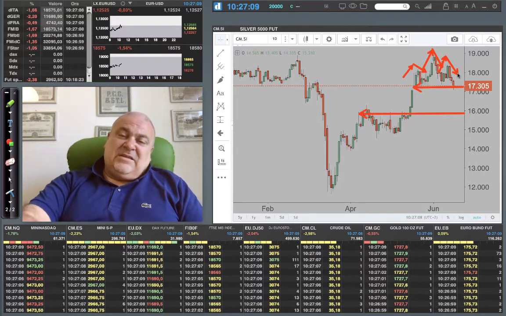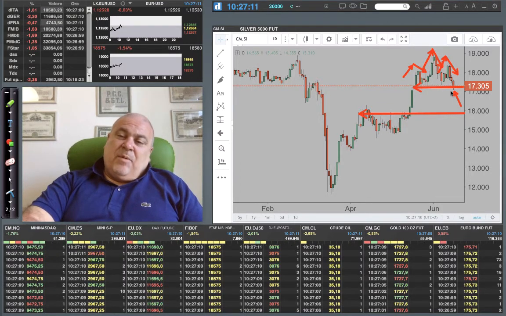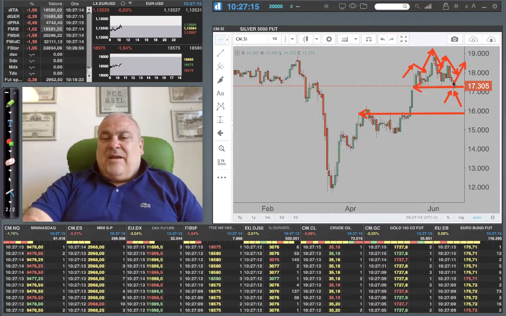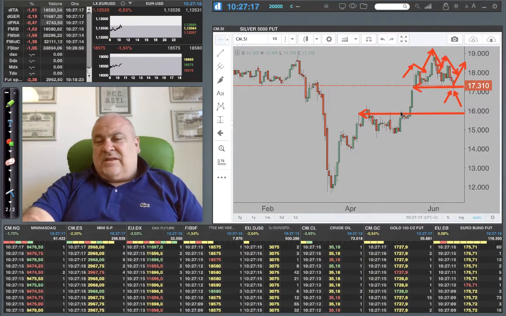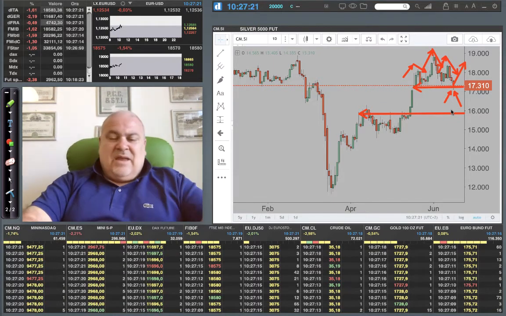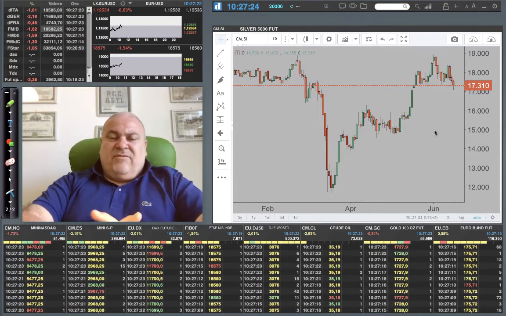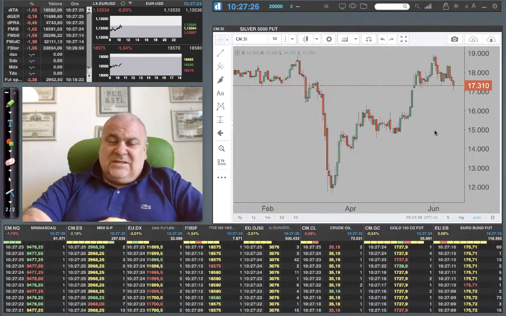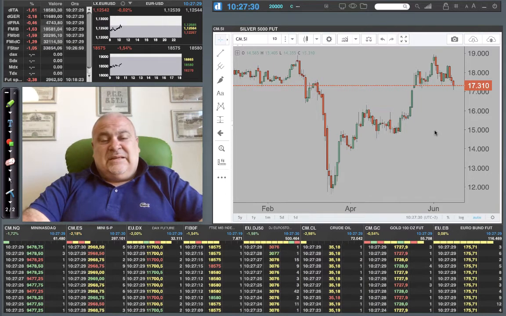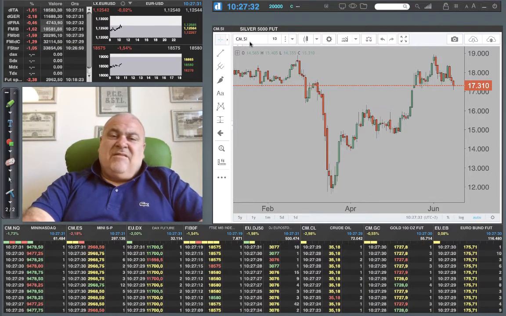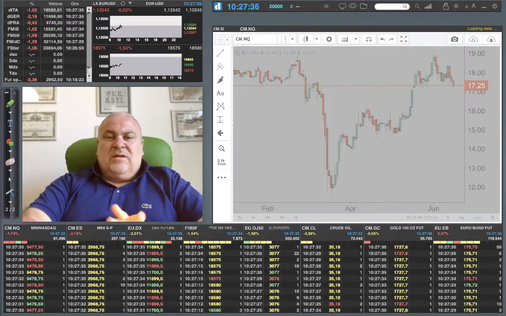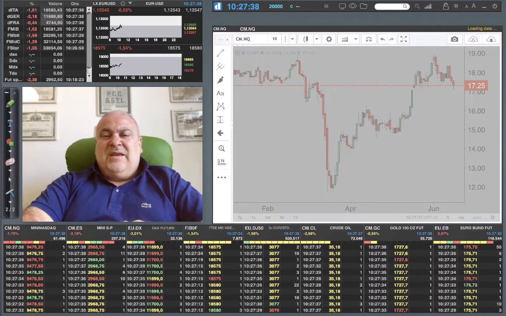But if the price remains around here, we can probably see a rebound from this level. So I think that the market can rebound from here, or that it can rebound around $16 per ounce, and it will be again interesting. So this is what concerns the commodities. And then we are now switching to the stock indices.